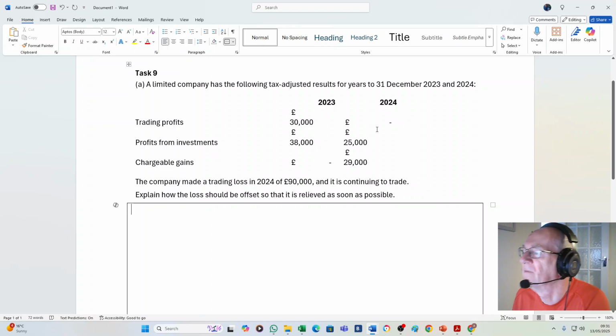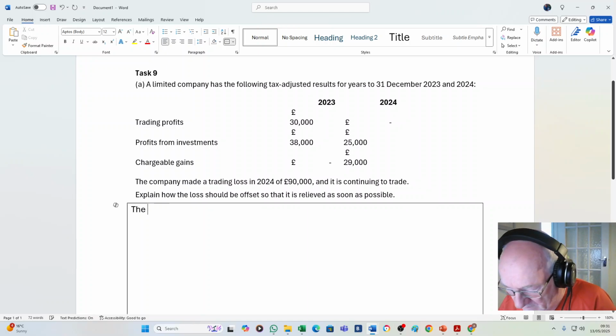The question asked for as soon as possible. In the future is not as soon as possible. We're relieving them against the past. We might even want to state that to show that we have read the question carefully. So the company